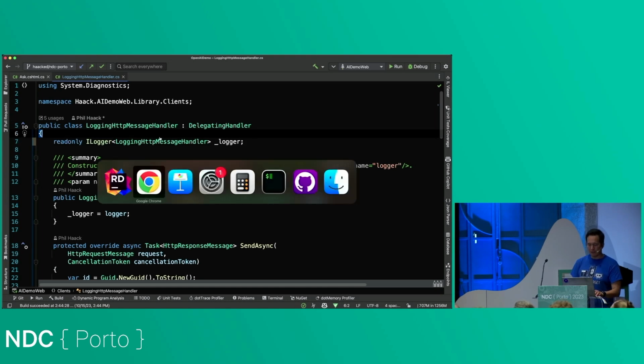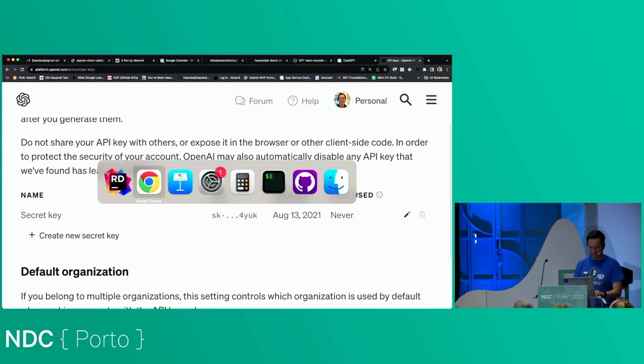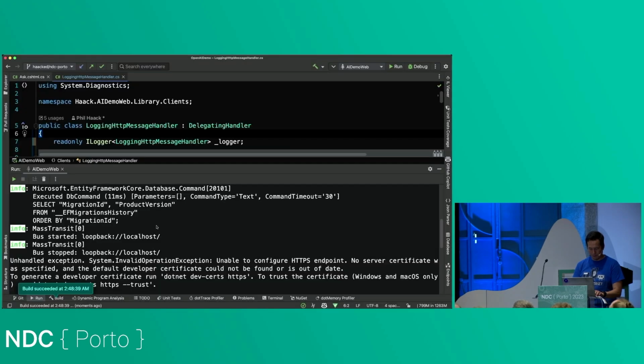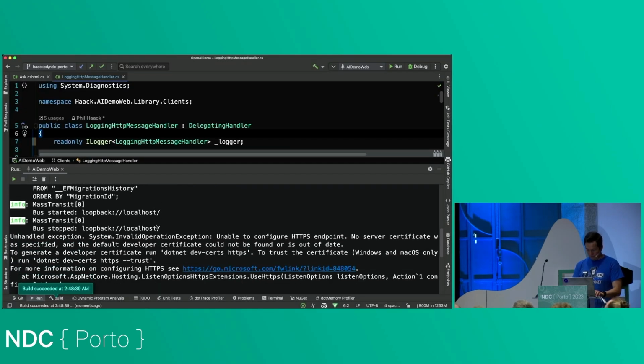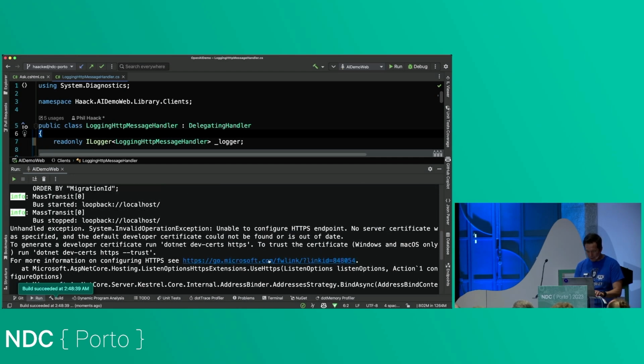Okay, so what was I going to do? So this is the application. I'm going to run it so you can kind of see roughly what it is. It's taking its time. Uh-oh. Are you kidding me?